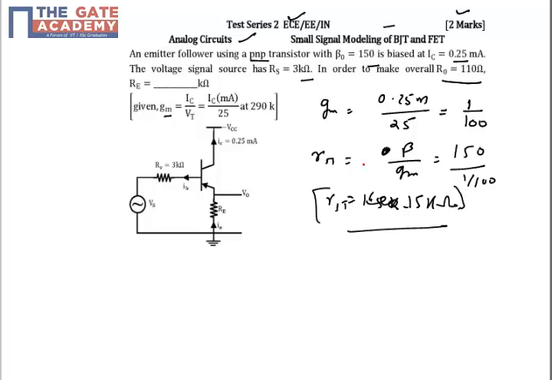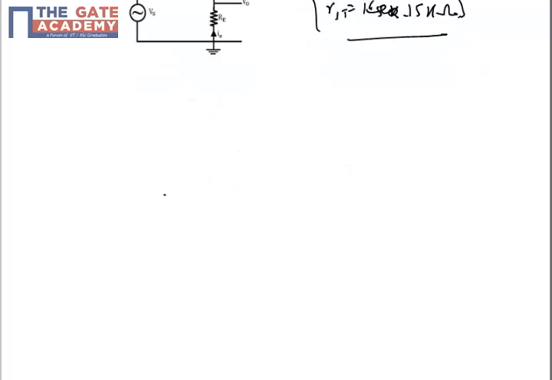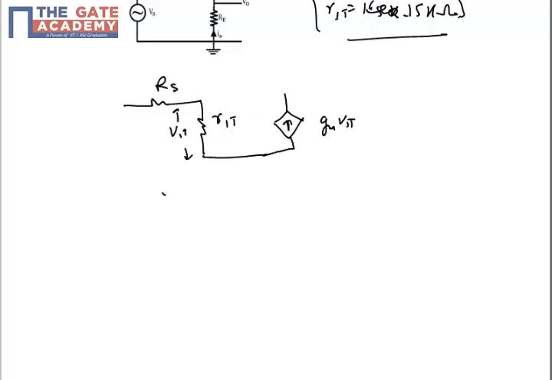If we have calculated the value of gm and r-pi, now I can replace this BJT with the r-pi small signal model, in which we will get it as a RS. Replace the BJT with r-pi and a dependent source in the output terminal, that is gm Vpi. Vpi is the voltage across r-pi, nothing else. Okay, and we have this RE resistor and our supply and my output terminal.